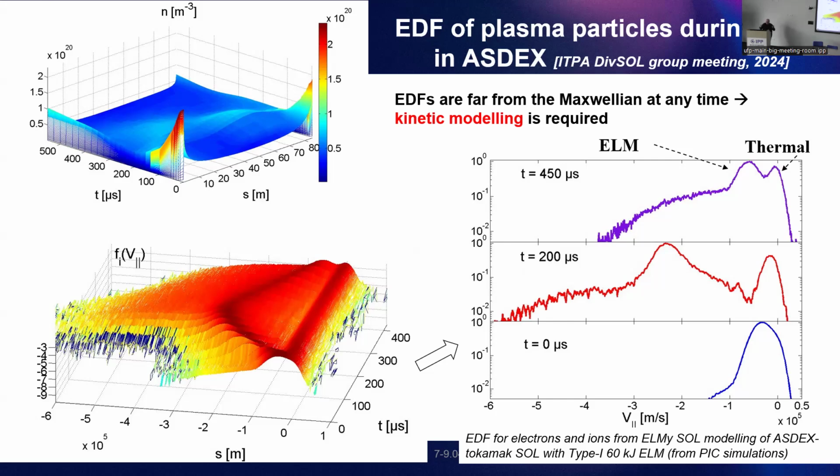time-dependent events when high-density plasma or high-pressure plasma propagates along the field lines to the diverters, and this is how density from the inner to the outer diverter changes in time. The distribution functions show that the particle velocity distribution is very different from the Maxwellian. So you have two branches, thermal and high density, high energy. If you take, for instance, cutoffs to see it directly, the initial one is quite near Maxwellian, but then when the ELM comes, a high energy branch arises, and then when the ELM stops, it slowly relaxes to